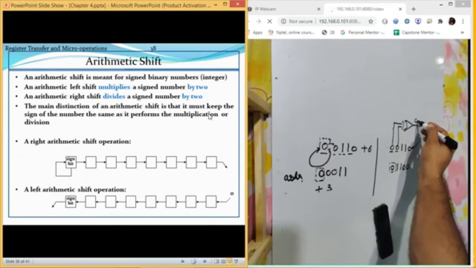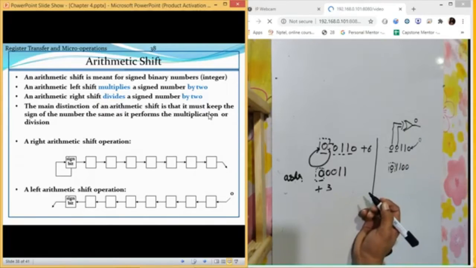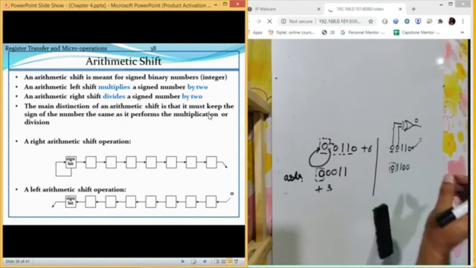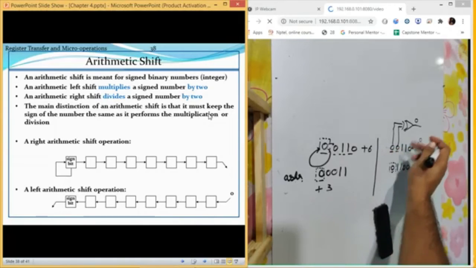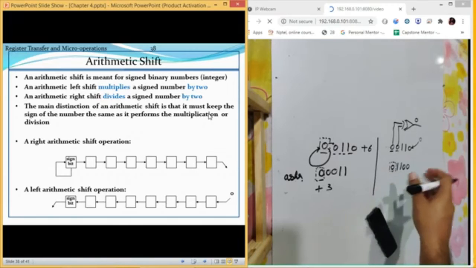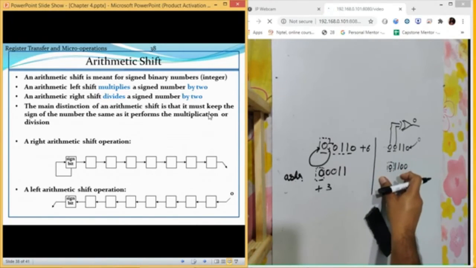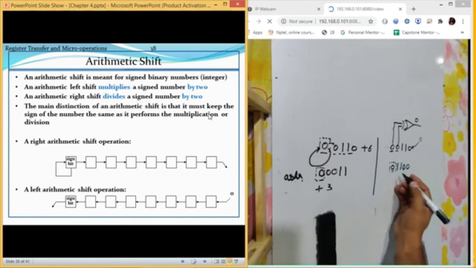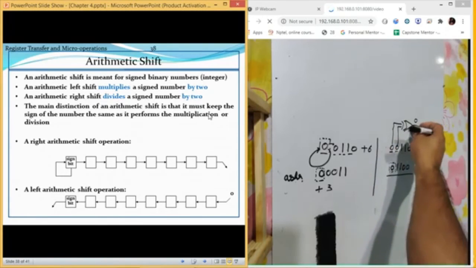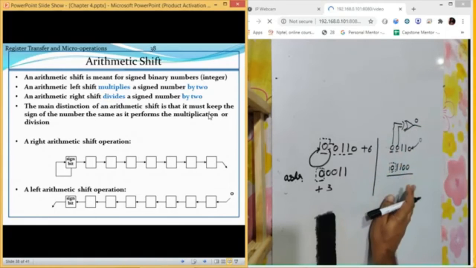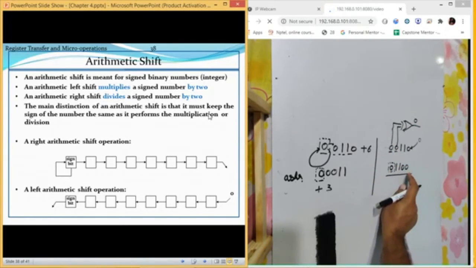If the output is going to remain 0, then there is no change in the sign bit. But if these two values are different, my XOR output will show that case as well. Just let me finish this up first. Now let us check this value. Because there is no change of sign, we are not going to perform anything.